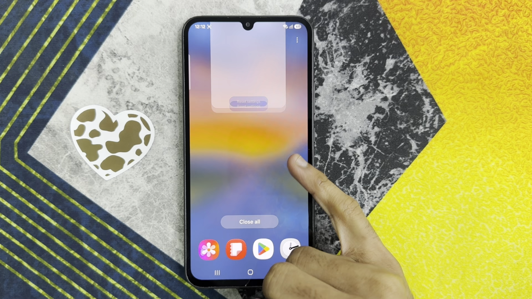How to fix camera not working on Samsung A08. Let's start the video. First of all, if you want to fix this problem, restart the device. Just click and